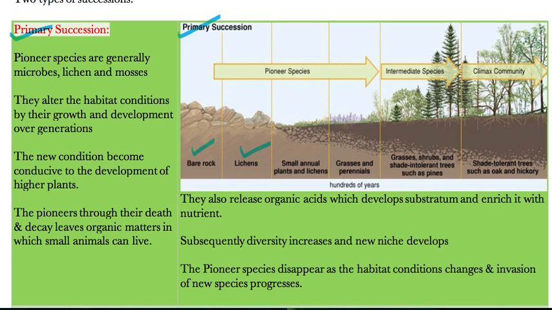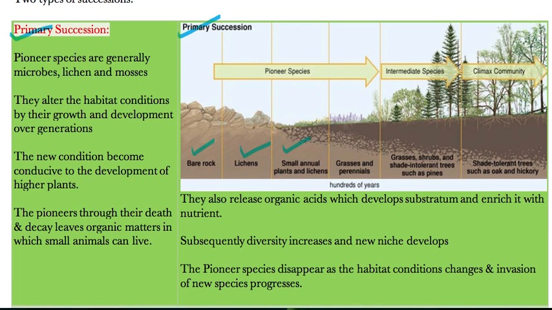Water can come from rain over it, so it will lead to some sort of cracking, and some nutrient will come out, and that will be conducive for the development of small microscopic plants which are lichens. Then this will continue for a long period, thousands of years. Then gradually and very slowly the substratum will be developed. As you can see here, there is no soil, but gradually some gravel will be coming,